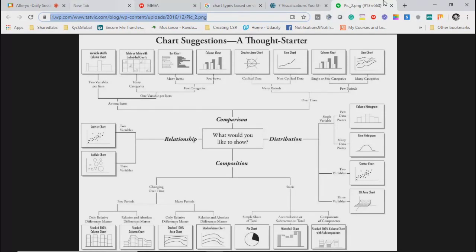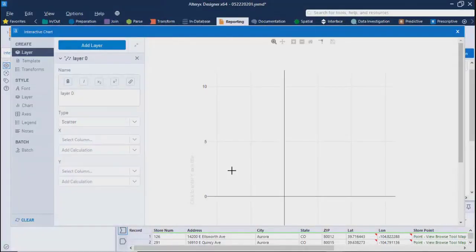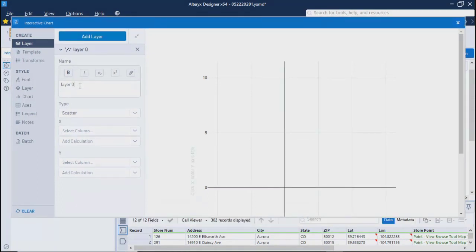Okay, let's move. I think it was a lot of theory on charts. So over here, I have added one layer, zero layer. Layer means as many charts you want to add. So each layer will have a particular chart in this particular control or tool. So over here on zeroth layer, let's say if it is scatter plot, let's say I select bar plot first of all. As soon as you do the bar plot, it will ask you what you want to show on x-axis and what you want to show on y-axis.